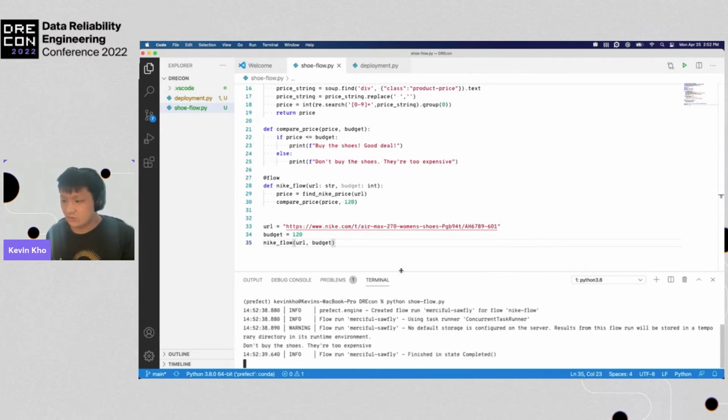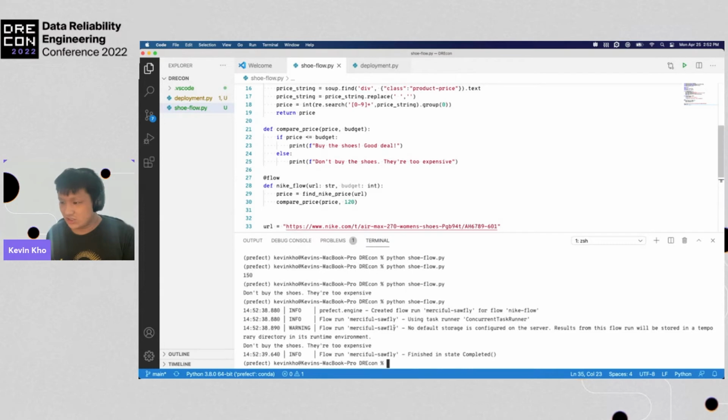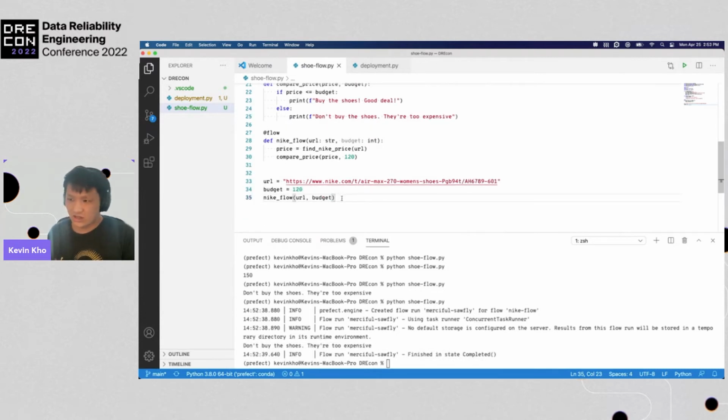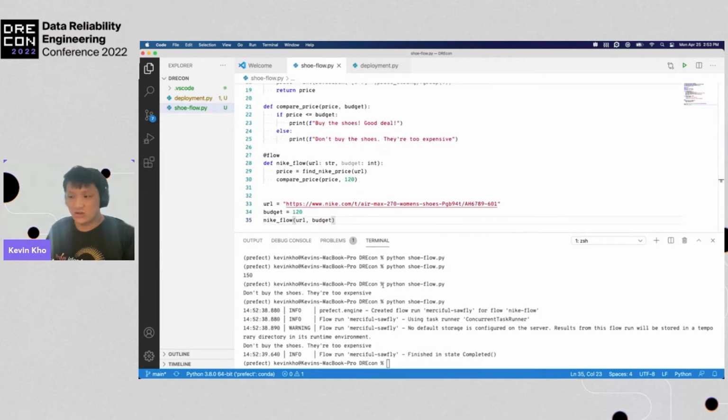And we should see some change in the logs here. Note how there was logging around our flow now, right? So we created this flow run, and it finished its state. It printed the don't buy the shoes, they're too expensive, and then it said, hey, this thing is done. So it looks pretty normal right now, but under the hood, what we're doing is tracking the state